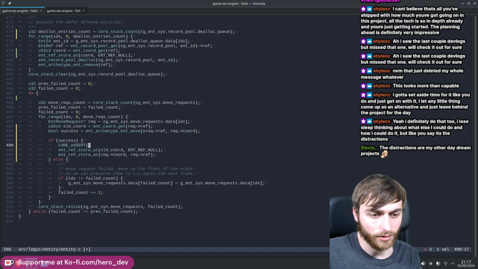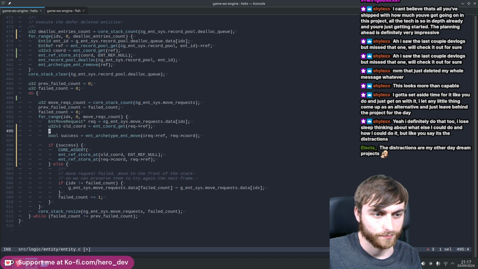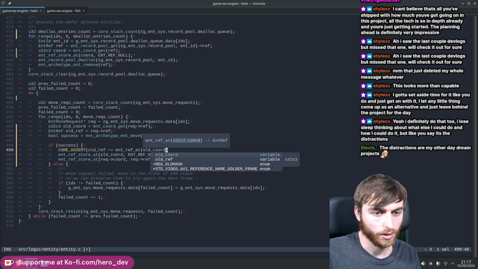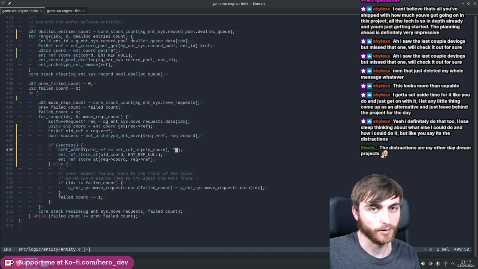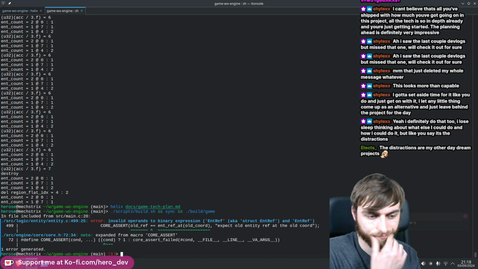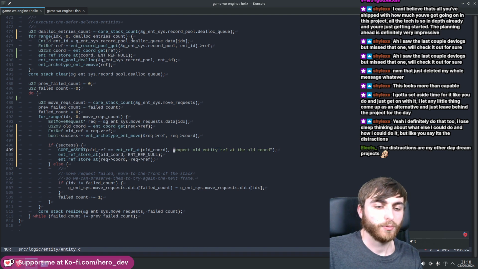So we assert that the request, if the old reference is equal to entref at the old coordinate, right? If it's not, then this is where the problem is. So expected old entity reference at the old coordinate. So I think this is what's happening, is because